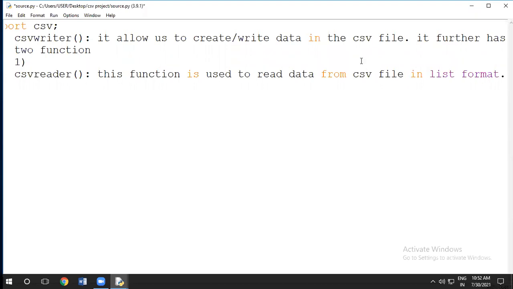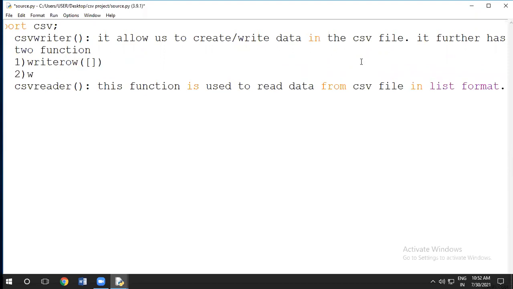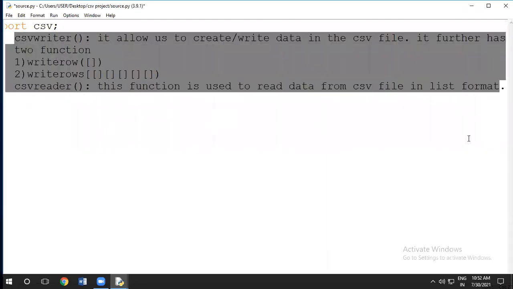The first one is writerow and another one is writerows. Look here, writerow allows us to write only one row at a time. And if we have more than one row and want to store all together, then we use writerows. So come here, we will see how we write the programs.